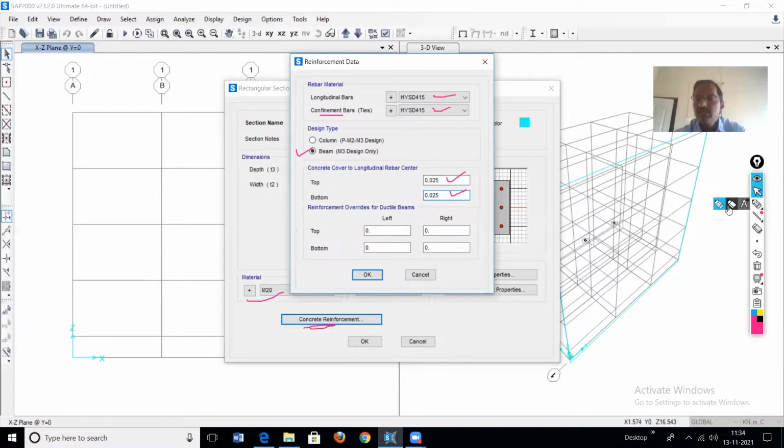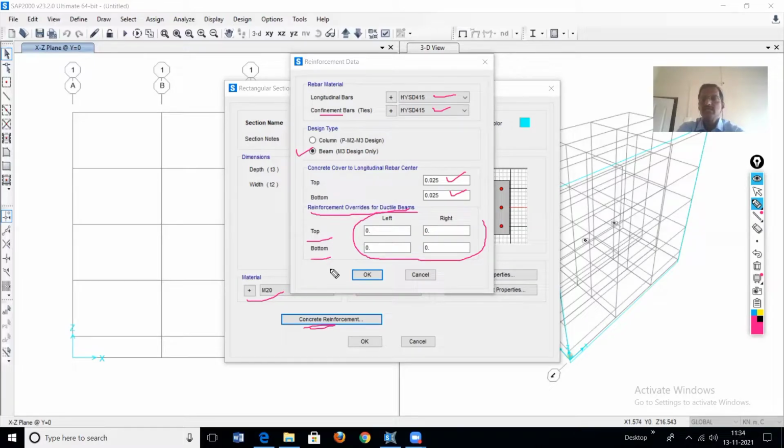The next is the reinforcement overrides for ductile beams. Apart from normal reinforcement, in special cases, if you want to add some reinforcement to increase the ductility of the beam, then we have to define the additional reinforcement here, at the top and at the bottom.